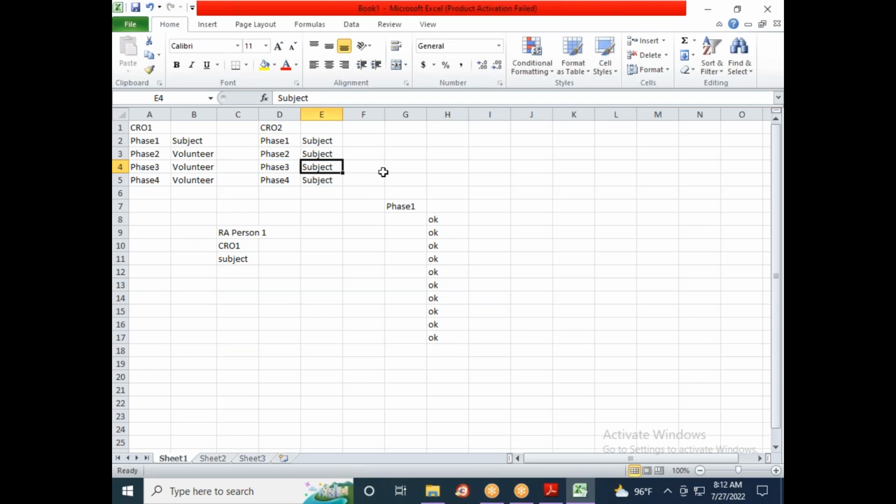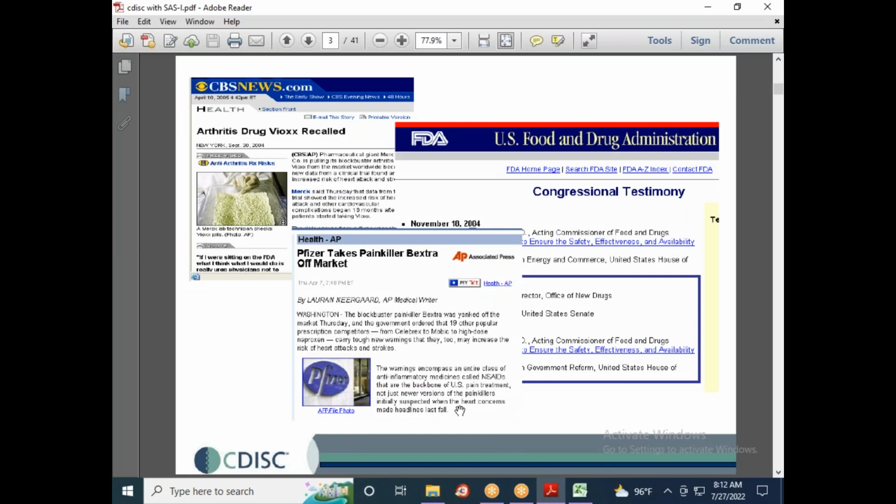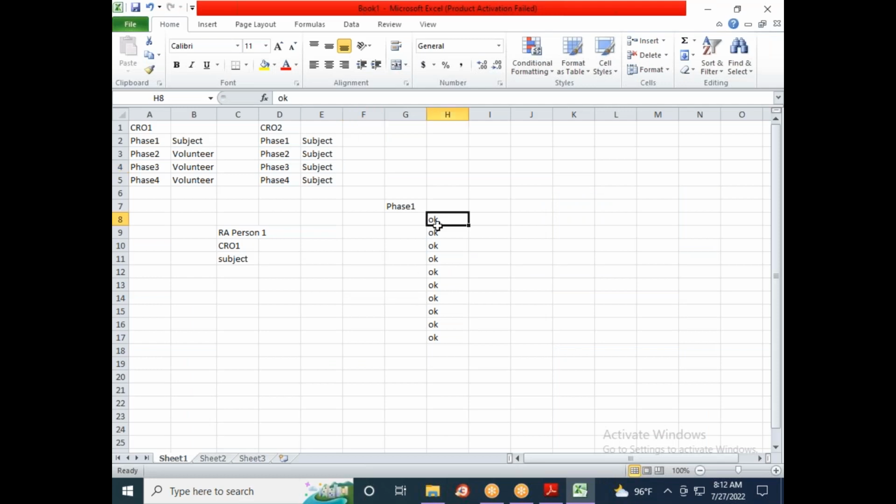Whenever he approves this molecule without proper validation, and the product goes to the market, what happens? It will cause a lot of adverse effects. The same happened in this case as well. This issue happened because we don't have proper standards. Correct? Yes or no?